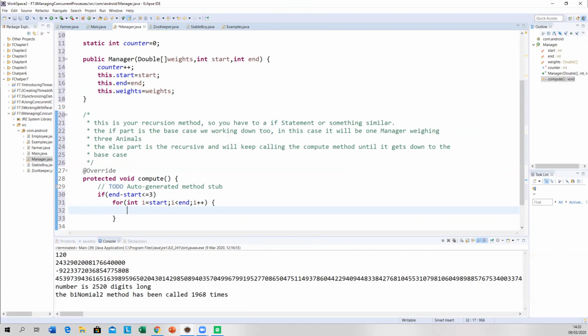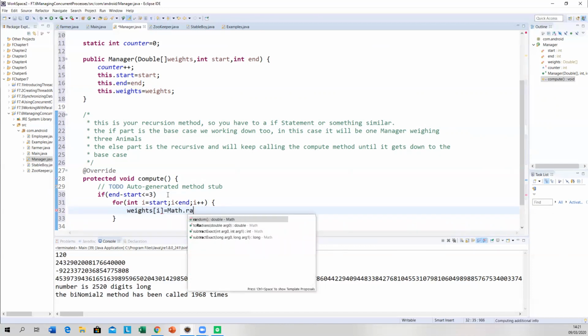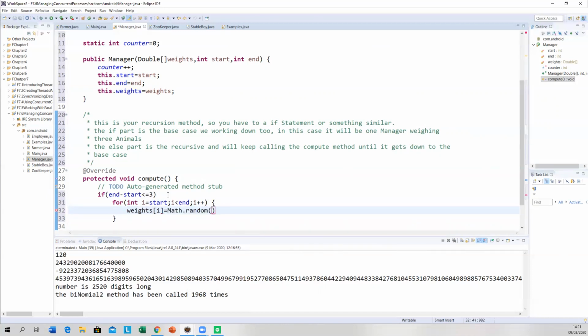So I am going to go weights[i] is equal to, I'm going to do this, Math.random multiplied by 100. Now that'll get us very random weights.